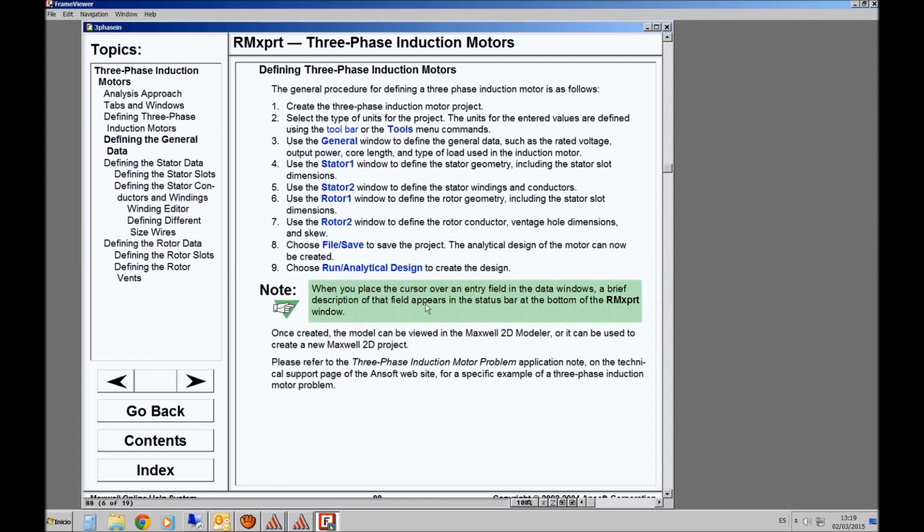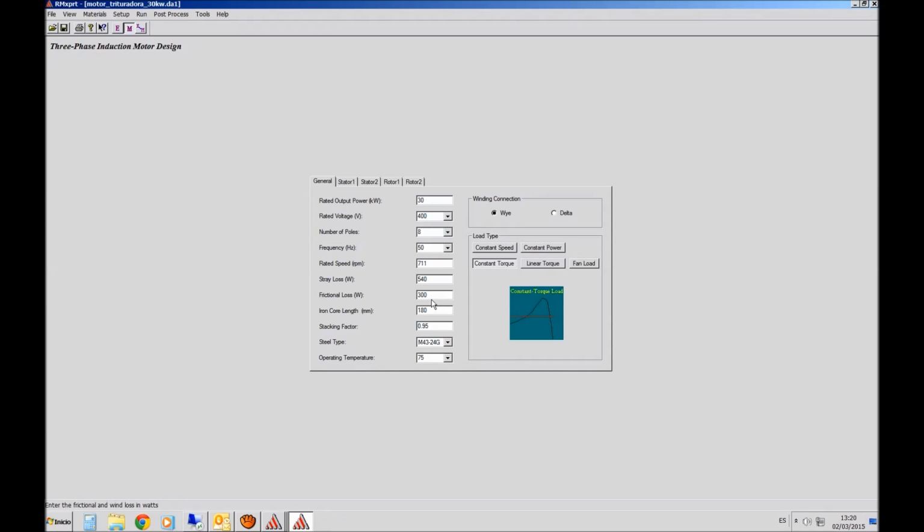So in fact, this video will help you to save time, but you can find all the important things here inside this help. It doesn't happen the same when you work with finite elements. If you try to use this help for finite elements, you will find that it is really complicated and no relevant data are implied. So let's go on, because this is